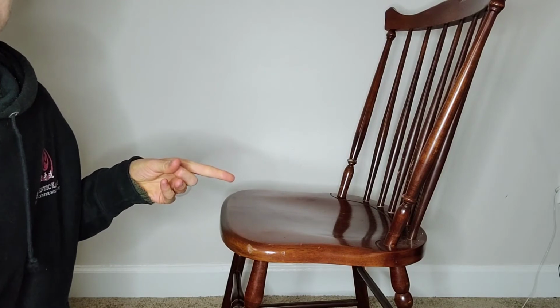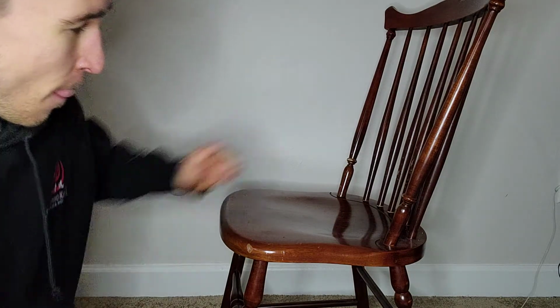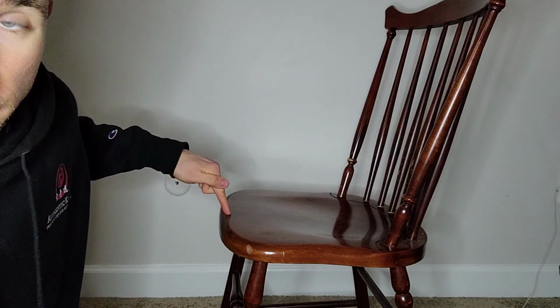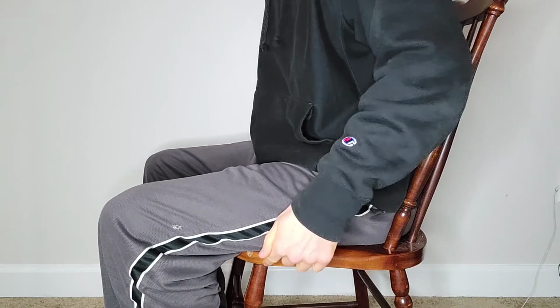The idea is your knees are going to want to be lower than your butt. This chair is a great example of what you don't want. Well, I guess there are worse examples, but you can see the back of the chair is lower than the front of the chair. This gives you that sort of raised knee feeling. I'm exaggerating a little bit, but if the back is lower and the front is higher,